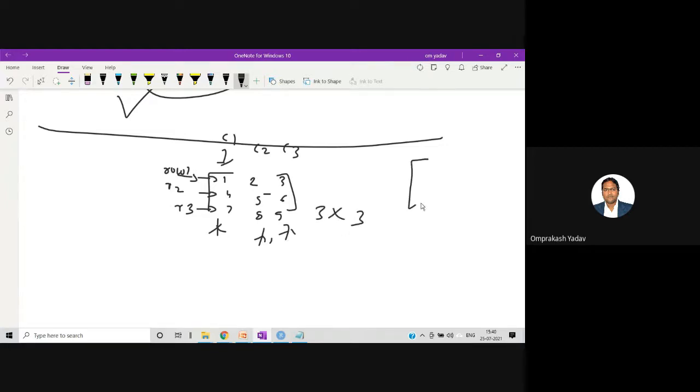Similarly, if I want a 2 by 3 matrix, then 2, 1, 3, 4, 1, 2. This is two rows and three columns, so this is a 2 by 3 matrix. In a matrix, the data will be of the same type.